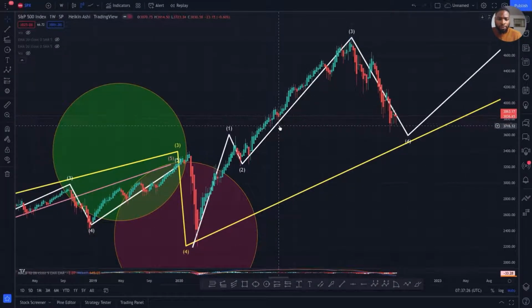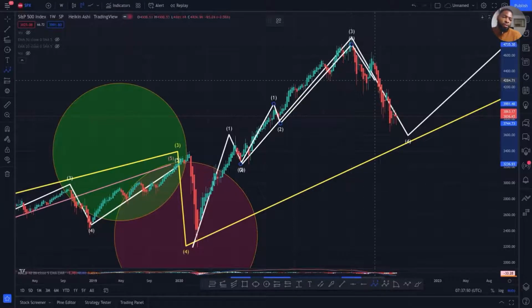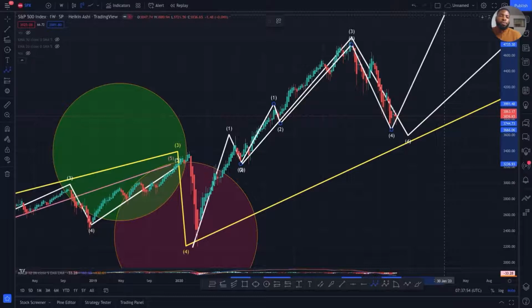This is the second wave. This is the third wave. Because you can see this. Let me draw it. This is the first wave. Second wave. Third wave. Fourth wave. And fifth wave. So meaning,